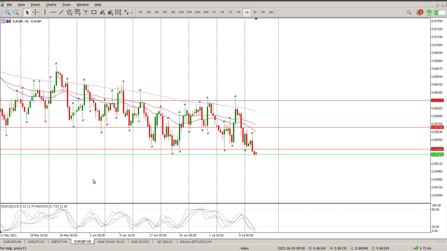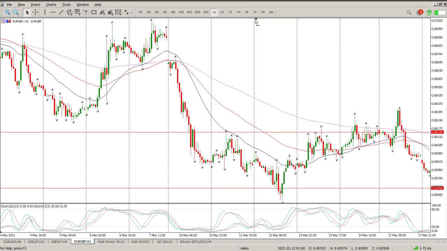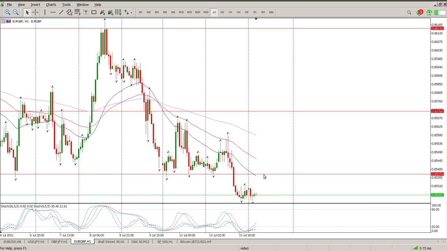And then lastly, Euro British pound. We are in this channel, in this range. We've been in this range for such a long time, and we've broken below it. But we do look a little bit oversold at the moment. So shorts are definitely on offer, but not from this level here. We want shorts from higher up, and the first area that I'd be looking at is up here at 0.85374. However, you do have a gap further up,